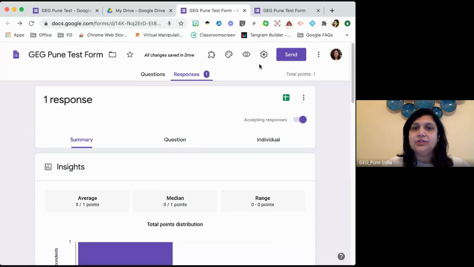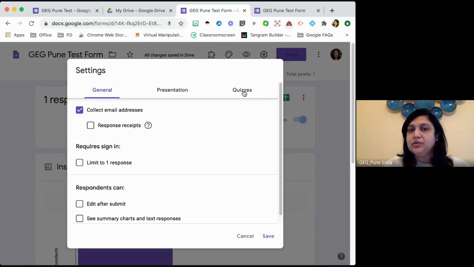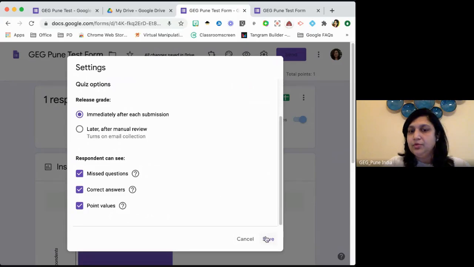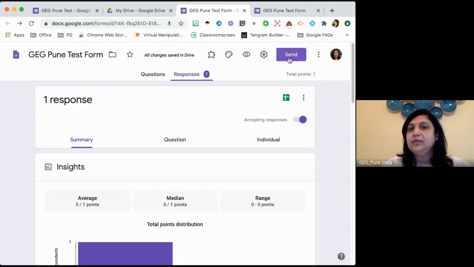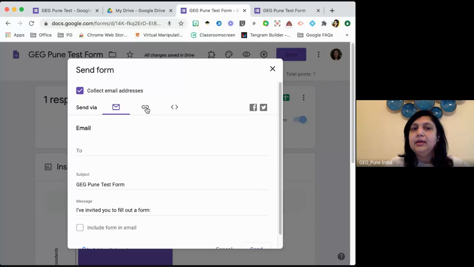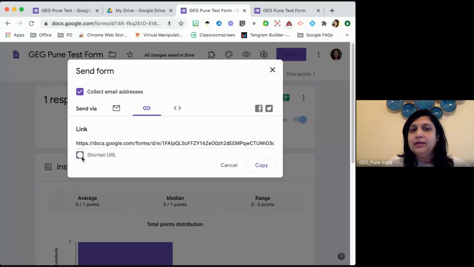Yes, Dr. Waria is going to show you how to import the grades. So remember the option called quizzes. Remember how to make it a quiz. Make sure you save it. Now it is up to your choice what you want to give here. And when you have to share the form, you click on send. Either you can email them or you just click a link, make it shorter, copy it, and just like Dr. Waria said, you can just import it to the Google Classroom.